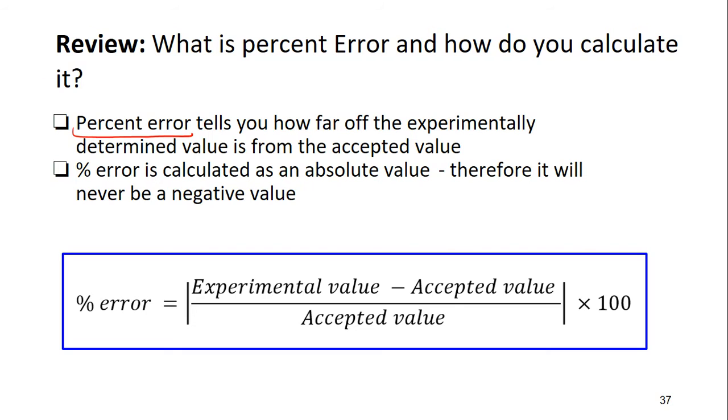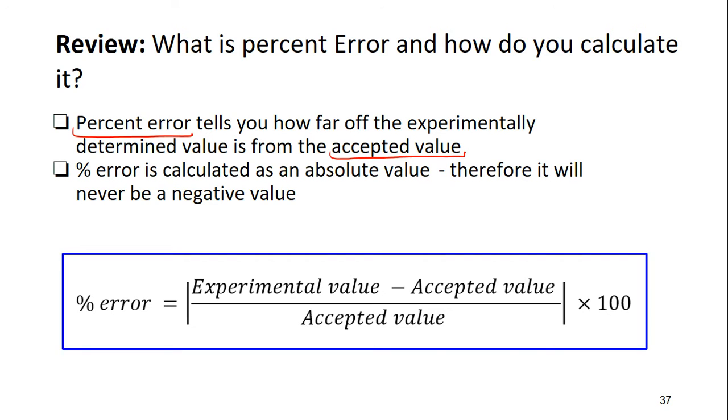The last section of this PowerPoint is about percent error and how to calculate it. We've actually done it before in the specific heat of aluminum lab, and we'll just quickly review it in case you've forgotten. Okay, so percent error basically tells you how far away your experimental value, that means the one that you got in the lab, is from the accepted value, which is kind of like a book